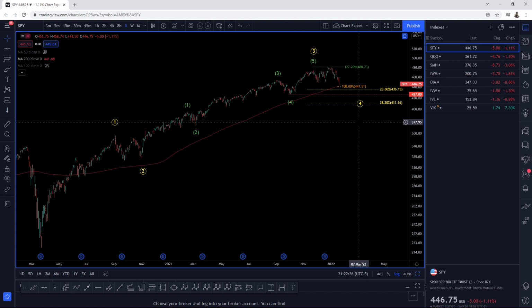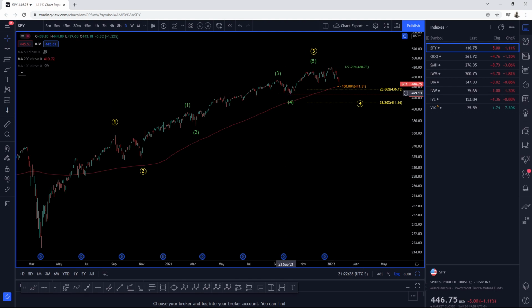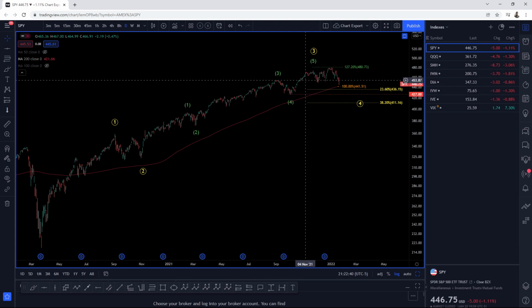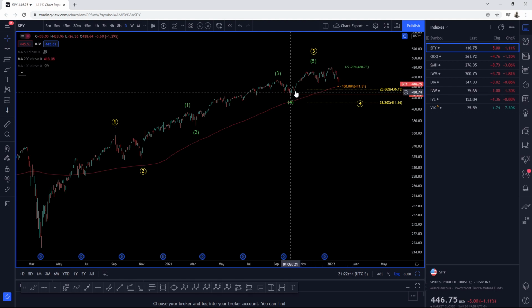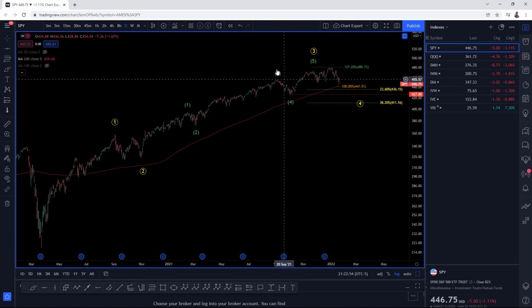Okay, but we also have another confluence here, which is the previous wave 4. So if you guys are not aware, in Elliott wave, wave 4s of the higher degree tend to gravitate back towards the previous wave 4 of the lesser degree and use it as some level of support. So we have that level of support there, and now we're going to dive down to the 1 hour time frame